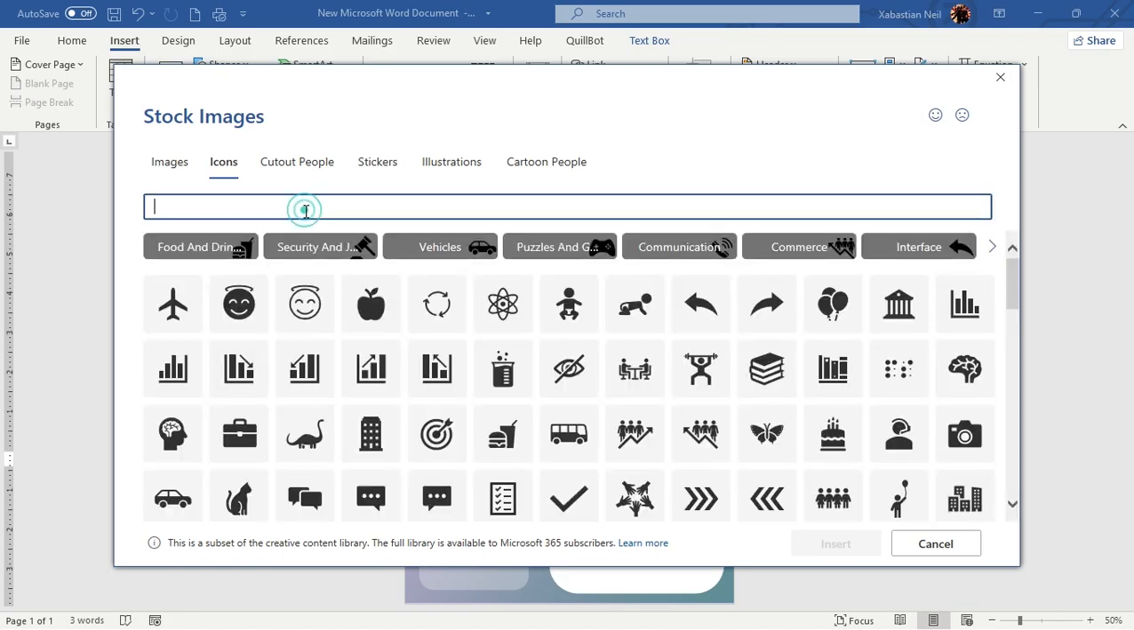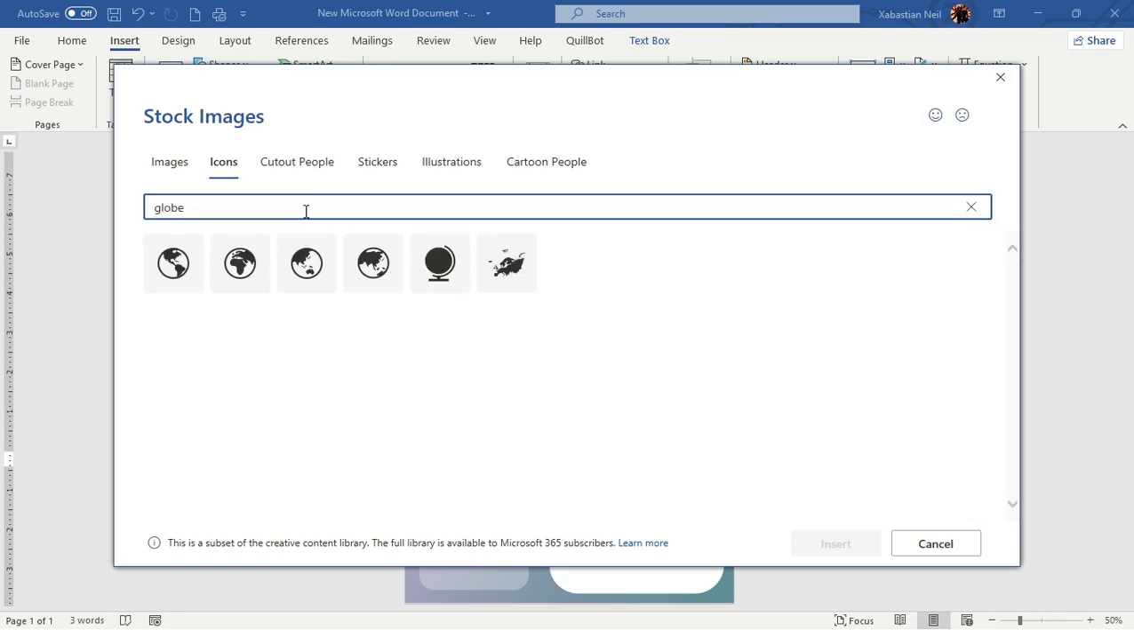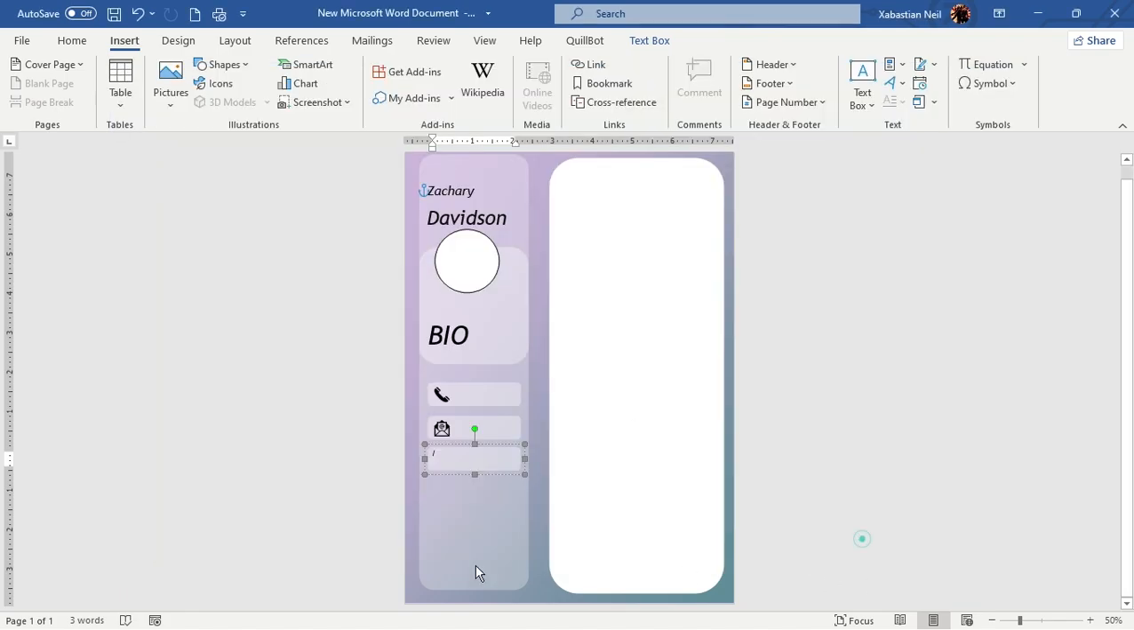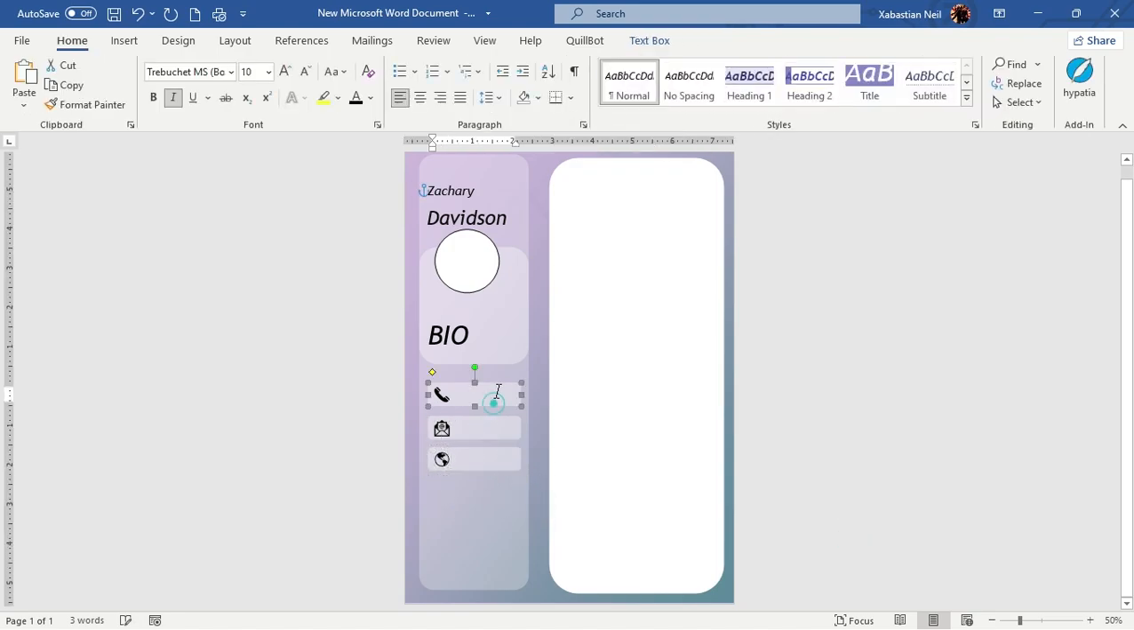So I'm gonna type in globe, and now as it is done, I'm just gonna keep it like this, and now you can see all of them are done. Now you can just add in your phone number, which is gonna be, let's say I'm gonna keep it XXX, and let's say your name,